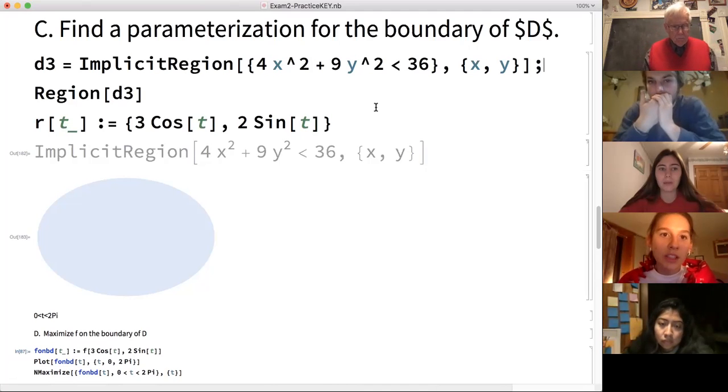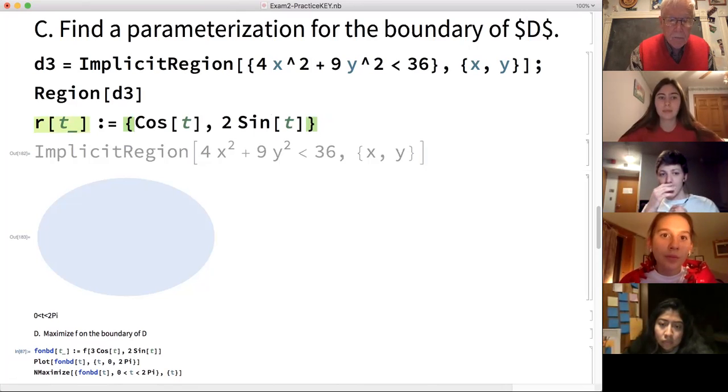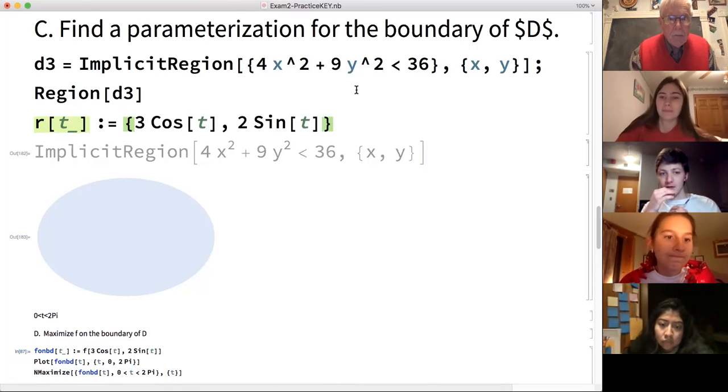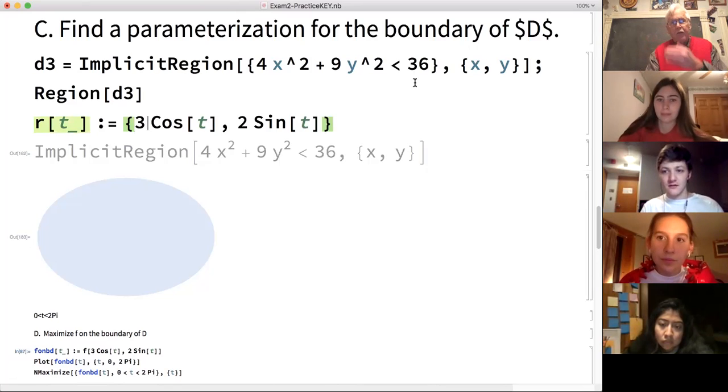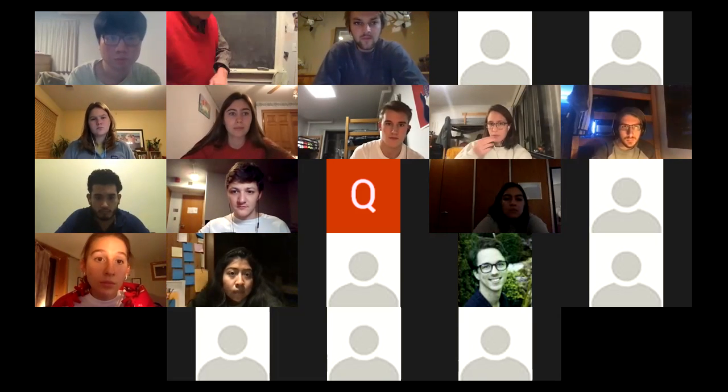Should it? Isn't it? Is it the other way? They should be switched around. 2 and 3 is the x radius 2. Yeah, because it's 4x squared plus 9y squared is less than, oh, no, 36. No, I was too quick. Because it's less than 36. So to see what the radii are,